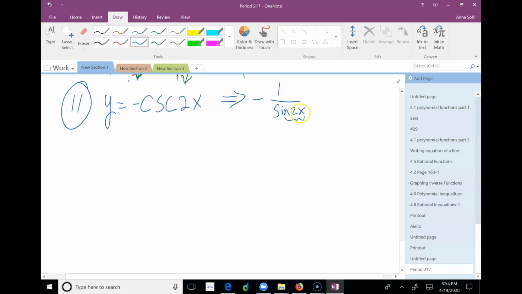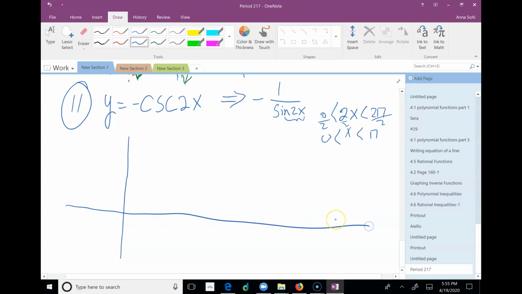Knowing that the period is pi because you have 2x between 0 to 2 pi for sine, but then knowing that it's in the denominator, you divide everything by 2, so x is between 0 to pi. So once you go and graph it,